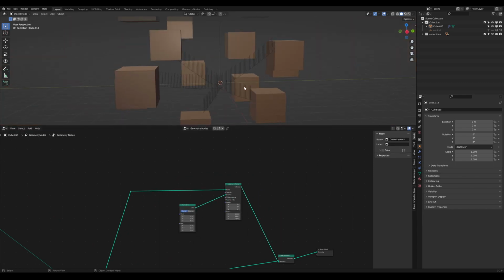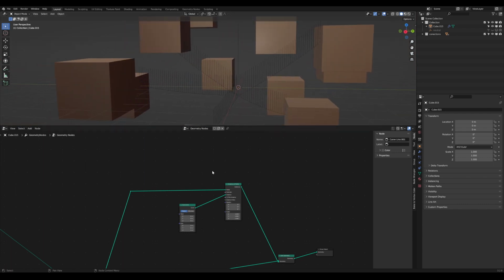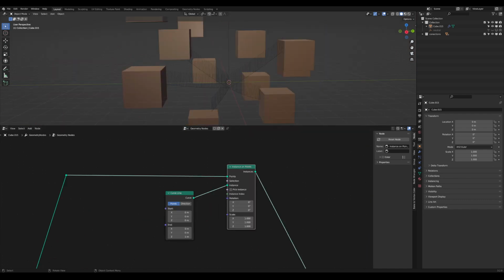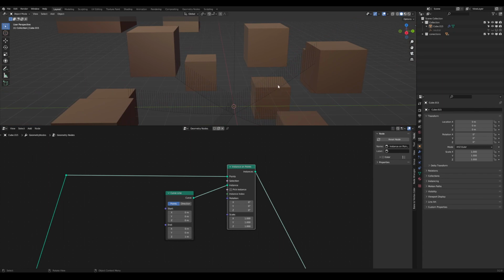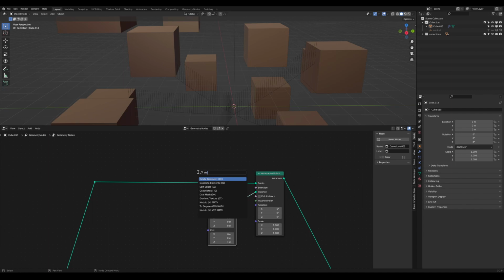And you can see now for each point on these baselines there's an instance, but we only want one. So my idea here is to delete every point for each line except the one we do need. So I create a delete geometry node,